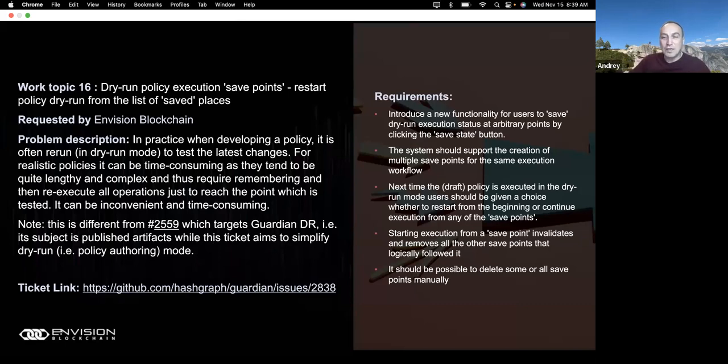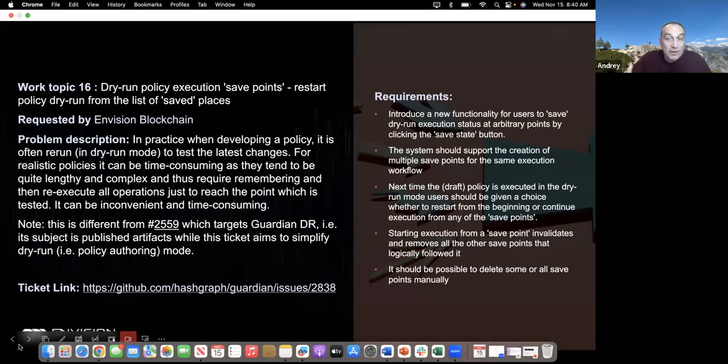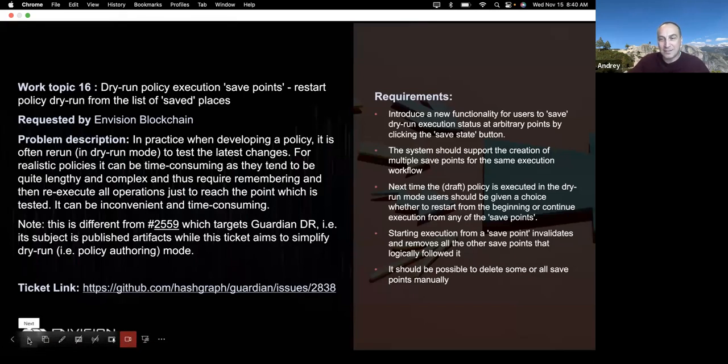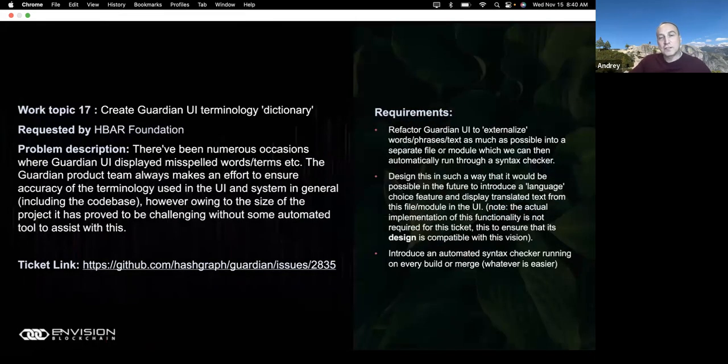What you'd be able to do is create a save point in a dry run mode, and next time you run, you automatically run everything before that save point and restart the execution of the policy from the save point in the dry run. It just speeds up this experimentation with the policy significantly. So it's a major enhancement, as we ourselves figure out, because we test all the policies and develop them ourselves as well.